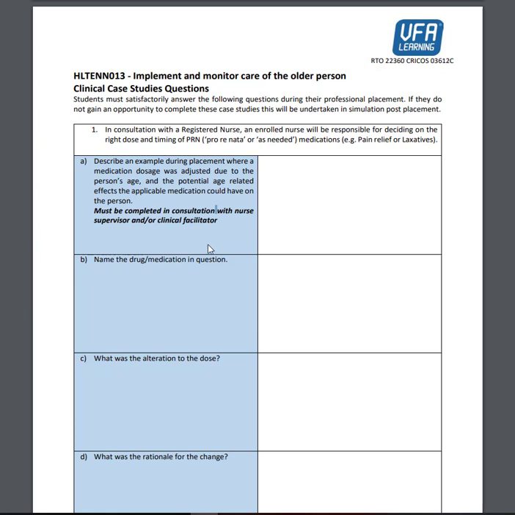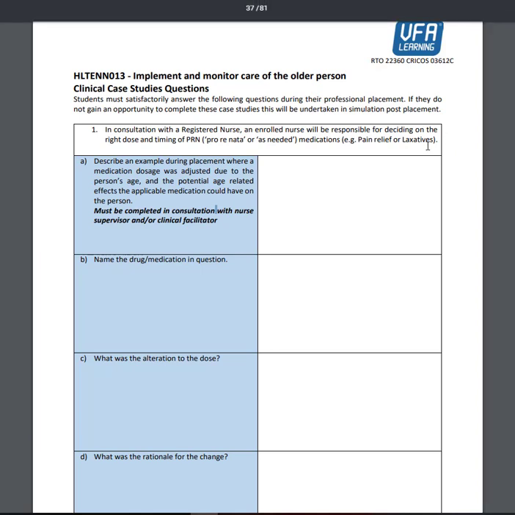because of the person's age, and it may be that there is potentially age-related conditions or effects that are the cause for the adjustment. So, for example, if you think about a person who is older, their metabolism and their excretion of many medications slows down, and this can lead to adverse effects such as constipation. If it's a new onset of constipation, then you may administer laxatives for that person intermittently, so PRN or as needed. Whereas if it's an ongoing problem for that person, it will be a continuous and consistent